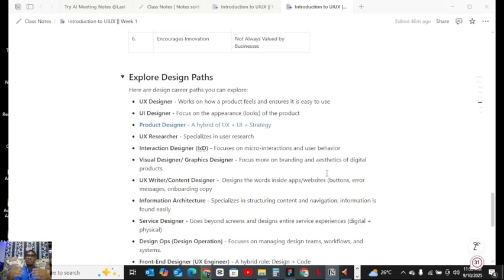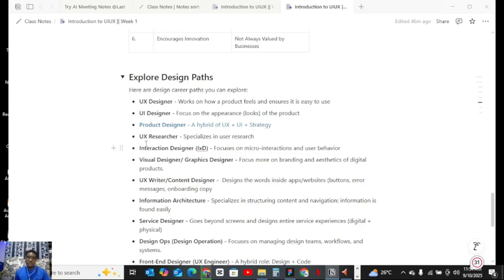Now, I want to build an app, to build a website. What I just look out for is to let the website look nice and appealing to the eyes of the users. While for a product designer, it's a combination of this, a hybrid, you can say, of the UX and the UI plus strategy. You need to understand strategy. You need to know how to go about making your product the number one product out there.